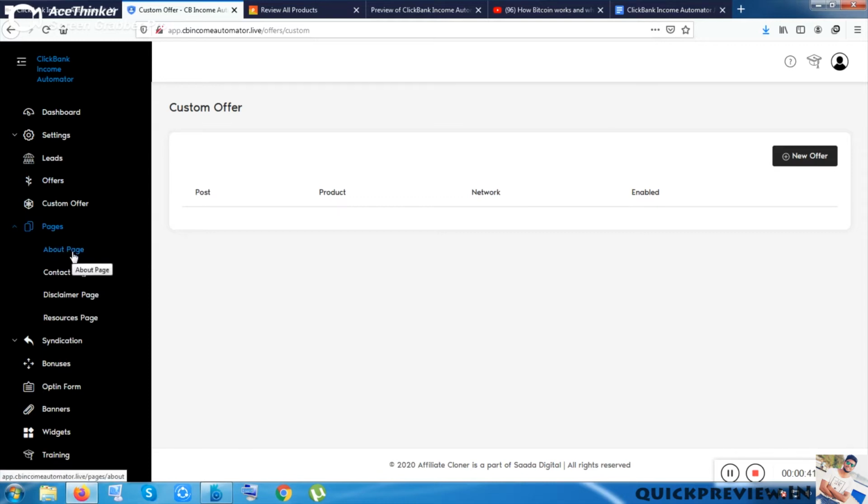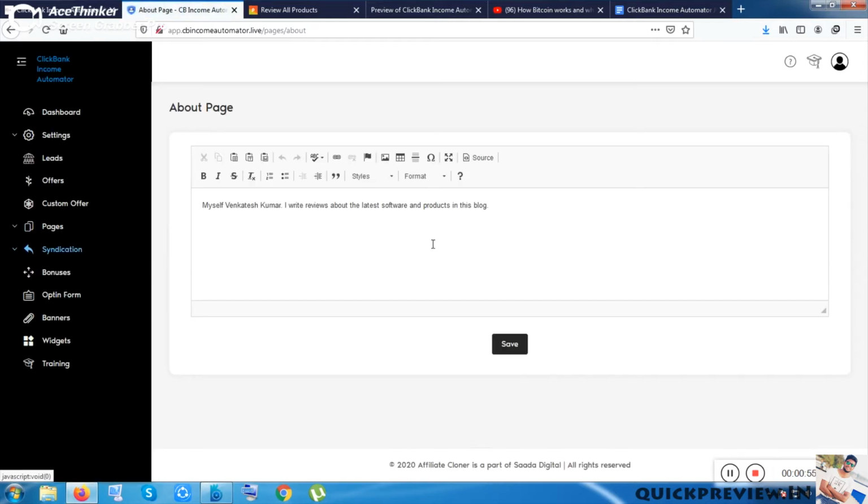So these are the main pages, these 4 pages: about page, contact page, disclaimer, and resource pages. These pages are the most common pages for any website, so you can decorate them easily by writing what you want. You can write here for your website pages, and they are also giving a syndication option and a landing form option, named opt-in form. You can use the opt-in form option to build any kind of landing page. So you are getting a website, and you are also getting landing pages.